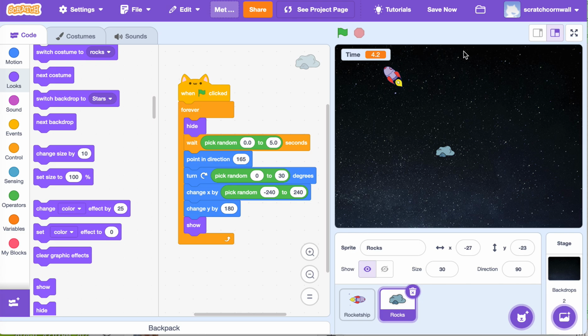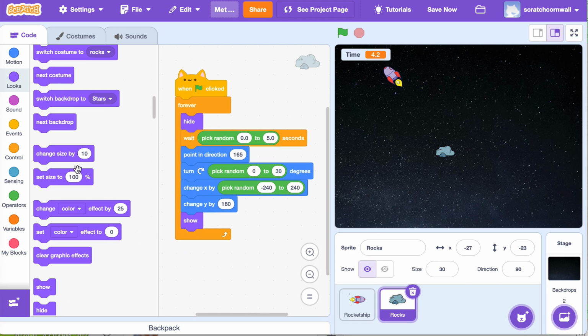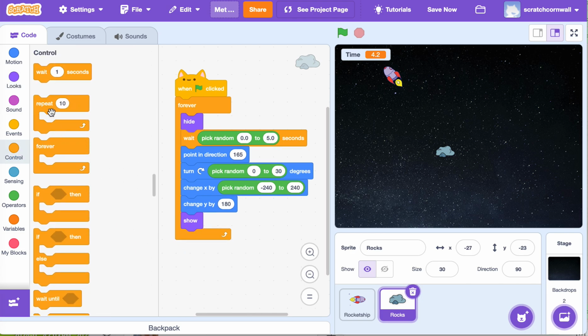And once it shows, we then need to tell it how to come down. Okay, what to do while it's coming down. And what I'm going to do is get it to repeat, basically repeat until the y position is less than negative 160, which is about here, okay? Negative 160 is about there. Negative 180 is there, so I'm going to repeat until,